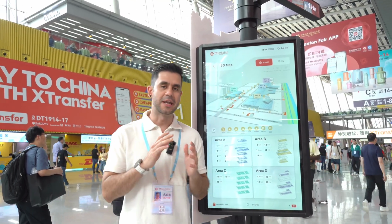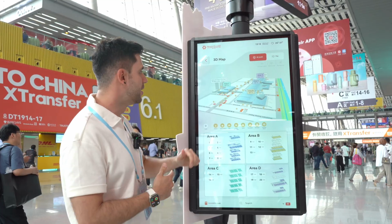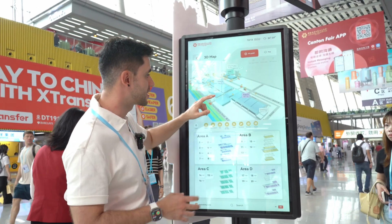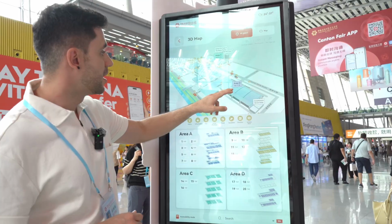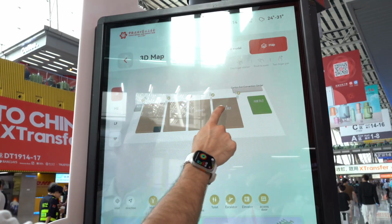Technology is certainly an important part of this fair. We have here a touch screen that you can use to get the information about the fair. So what is really cool is this 3D map option where you can actually navigate through the whole complex and go to different areas. For example, we are in area B. If we want to go to area D, let's find a hall, let's say 18.2, you click go, and